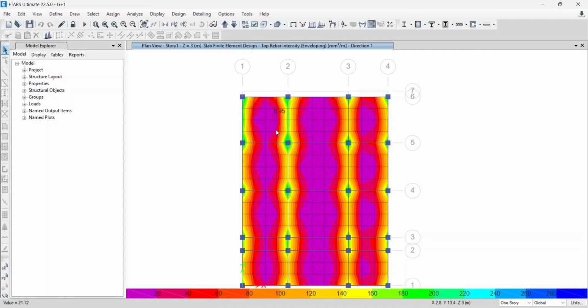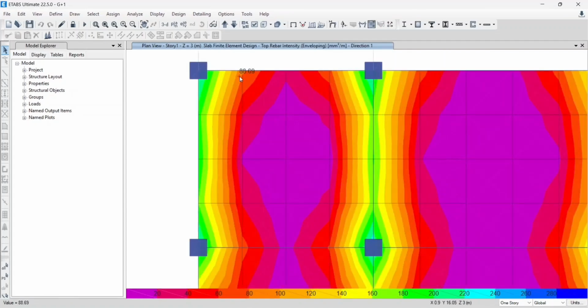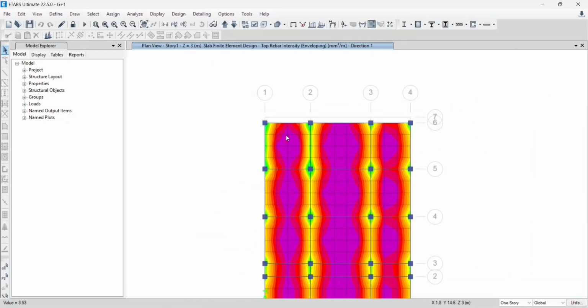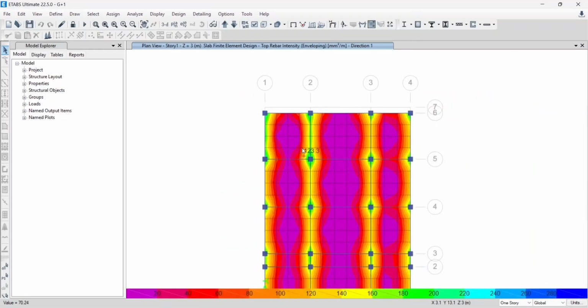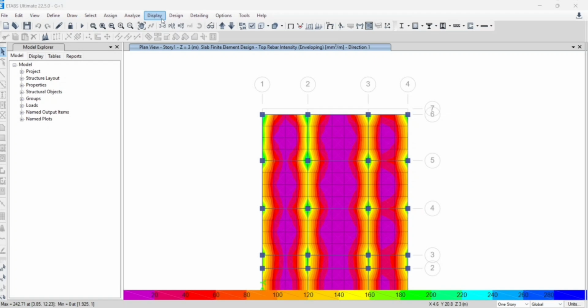Now the slab is designed. As you can see, the total rebar intensity is in square mm. First we will see the slab moment, and square means area of reinforcement. You can see the area of reinforcement by the finite element method, and for that you just have to show the main option.